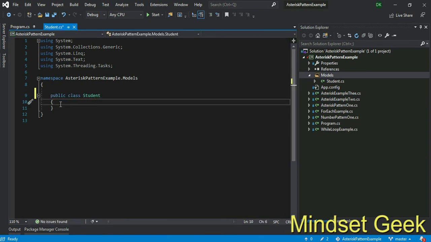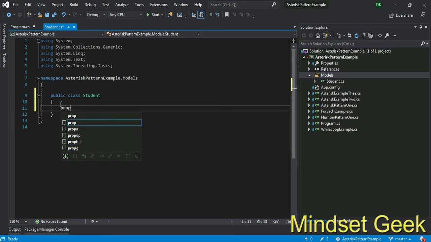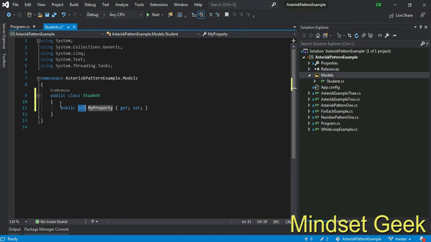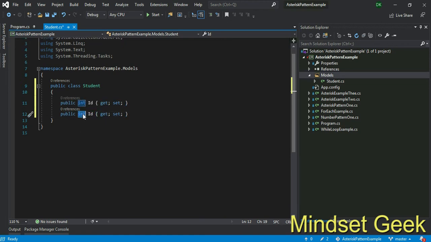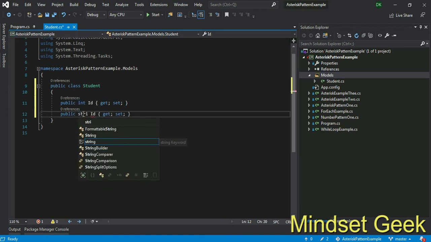Then add properties. Use the prop keyword and press tab two times. Then integer type ID. Actually this is .NET Standard, right? Don't worry about this, but use this integer. Then use string. You can use capital String or simple string. Name.